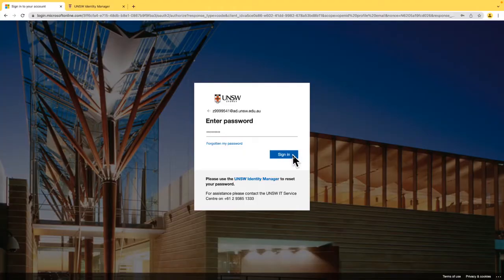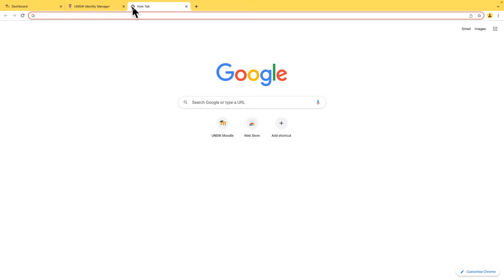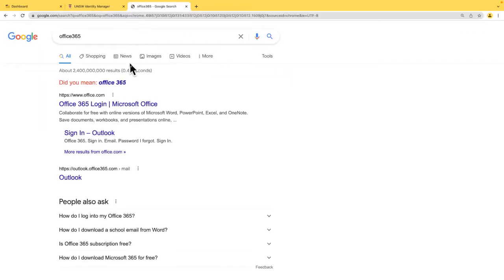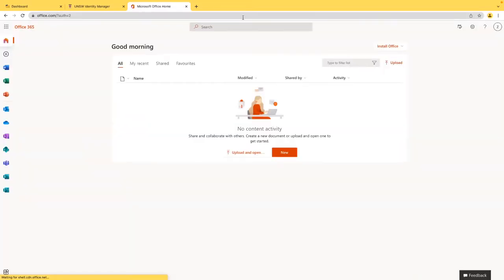Now with that, we can go ahead and click on Sign In. And with that, you have logged into Moodle. And this is the main dashboard that you come into post your login. Before I pass on, I just want to mention that this login is the same that you use to access your Office 365 system or My UNSW and any other UNSW systems like OneDrive, which you can directly access as you have already logged in with the single sign-on system.